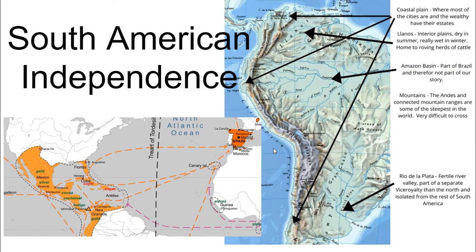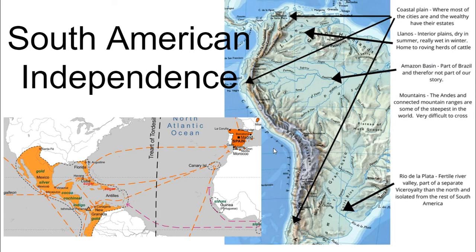So, some things you should know about South America is, in general, it was settled by the Spanish, but as you hopefully remember, they first gave a level of local control to Spaniards coming over through the encomienda system, and at the same time, they tried to strictly control trade to ensure that Spain benefited primarily from all of this wealth coming in under a system called mercantilism. And so there were strict laws preventing these colonies from trading with each other. Everything had to go back to Spain. And the goal, of course, is to basically benefit Spain and not necessarily benefit the colonists.